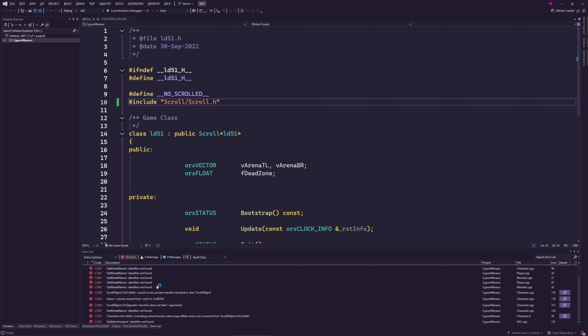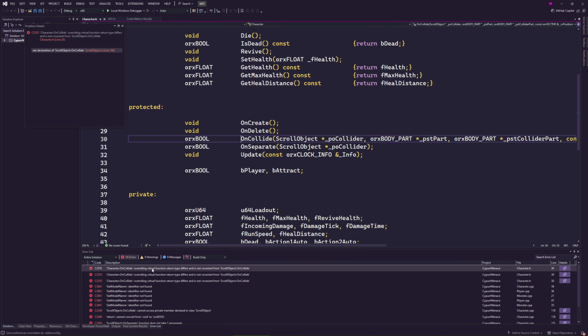Let's see what else we have. We have a bunch of complaints, and there aren't many different ones. We'll see it's mostly about the collide and separate callback on the scroll object. The main viewport and main camera used to be created by scroll for you. Now it's like any viewport or camera: you are in charge of creating them if you want. You can name them the way you want. You don't have to be main viewport anymore. In this case, I will keep the name viewport, but I will have to create it manually. And the last one is a function that was on the scroll object, but we're going to see that one at a time.